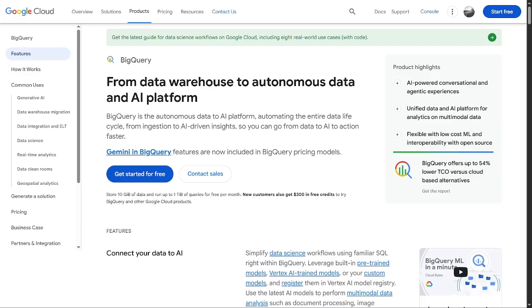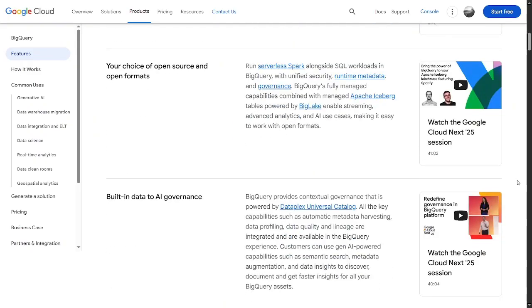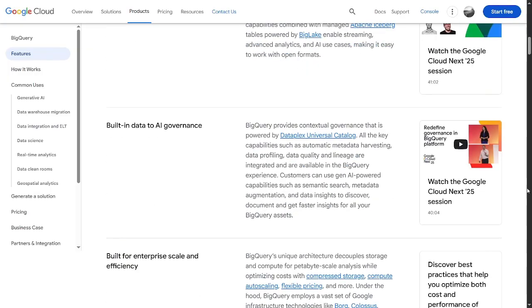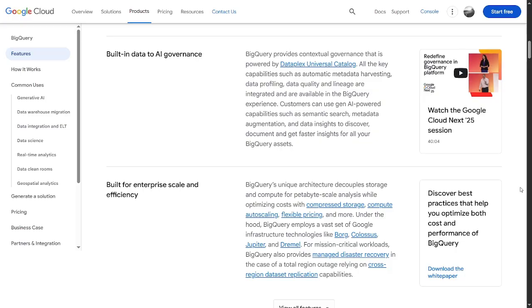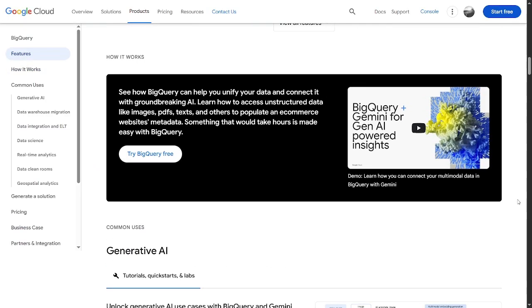First up, let's talk about BigQuery ML. BigQuery is Google Cloud's fully managed serverless data warehouse. With BigQuery ML, Google has made it possible for data analysts to build, train, and deploy machine learning models directly within BigQuery. No need for data science expertise or complex pipelines. Analysts can simply use SQL queries to run machine learning tasks like classification, regression, and clustering, without having to export